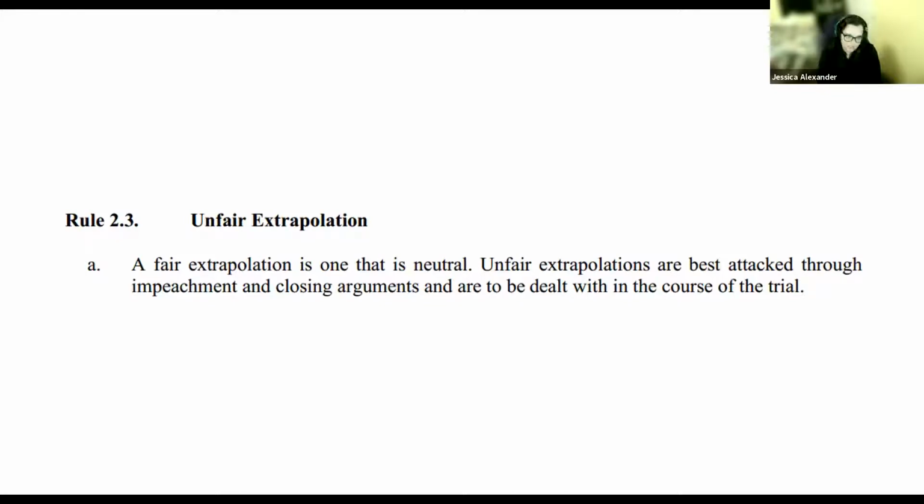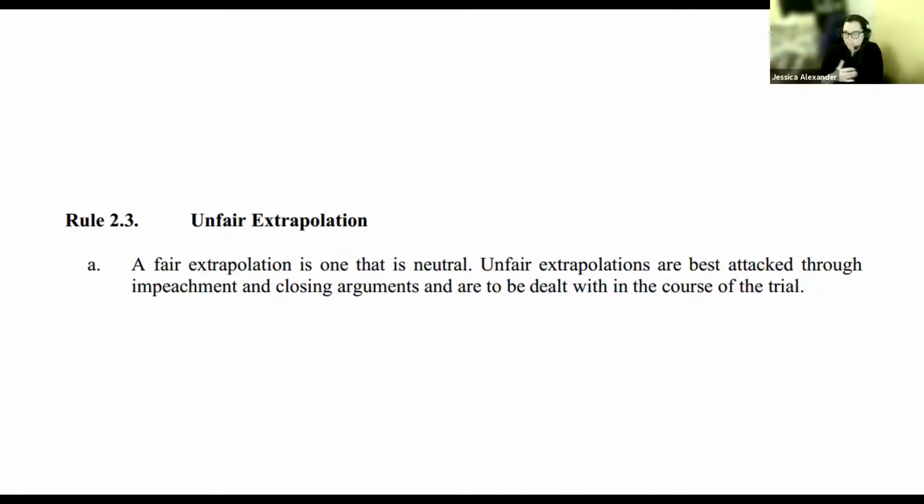And just a really basic example of that I came up with is, if a witness statement says that a witness graduated from college with a degree in biology, it's a pretty fair extrapolation if the witness then says, well, I went to college for 4 years, right? Most people go to college for about 4 years to get their degree. What might be unfair is if the witness then starts to say, well, they have a master's in biology or they have a PhD. If the witness statement doesn't say that, adding things that would increase someone's credibility or background or things of that nature might be pretty unfair. And that's a pretty egregious example. I think most people would notice that that's happening.